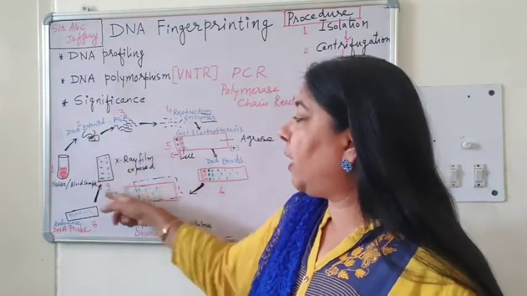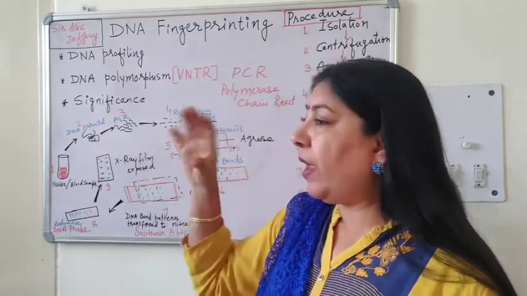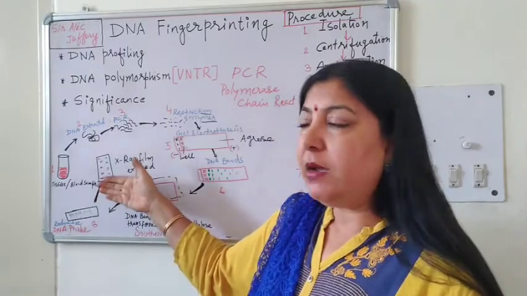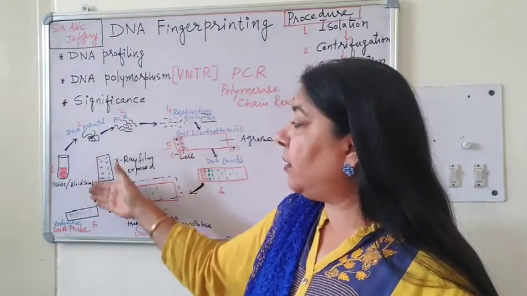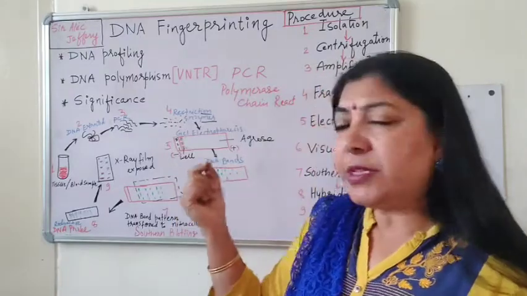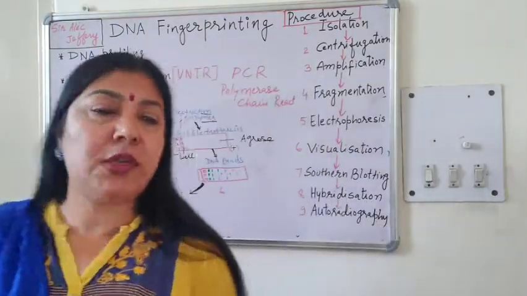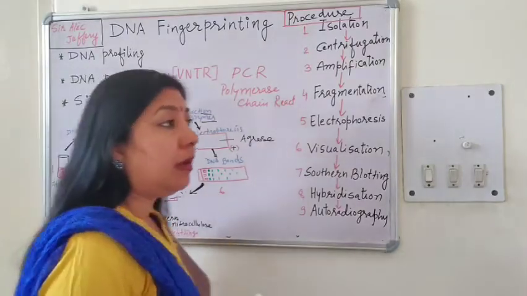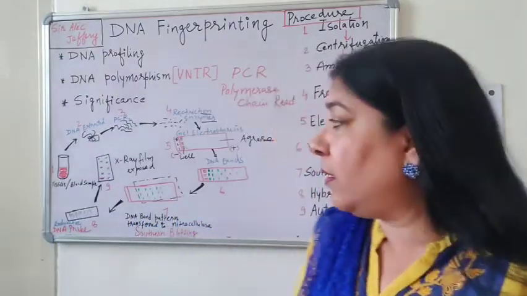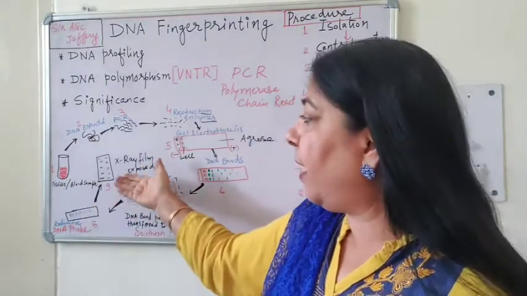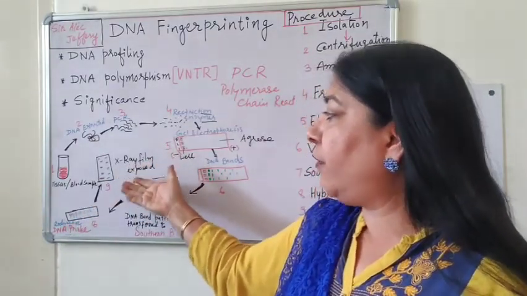Now when it is subjected to X-ray films, then the pattern will show the hybrids, and by studying this we can identify. A specific type of dye is used, that is called ethidium bromide dye. This ethidium bromide dye shows the patterns, the colors of the bands, and when it is subjected to X-ray film,